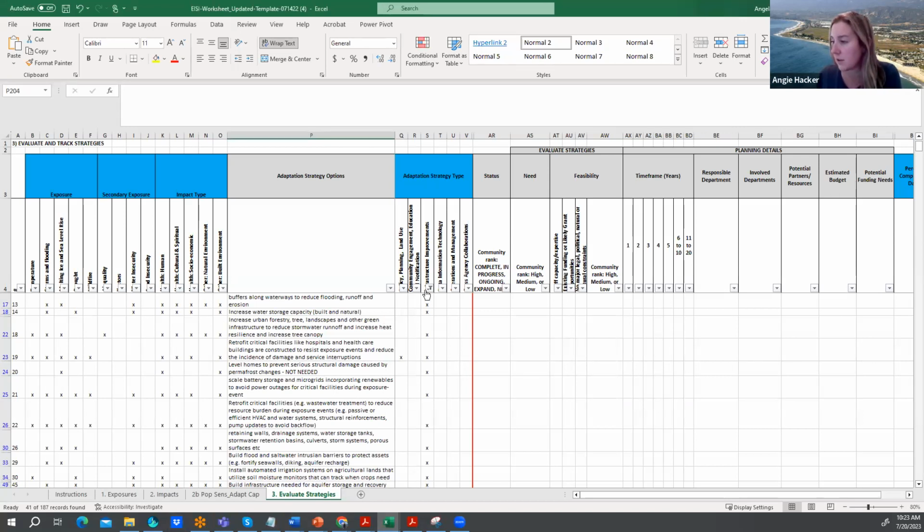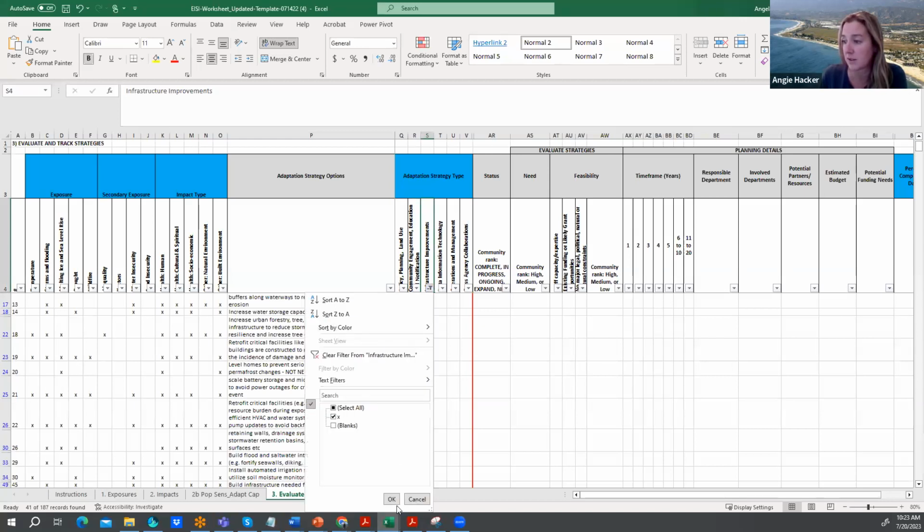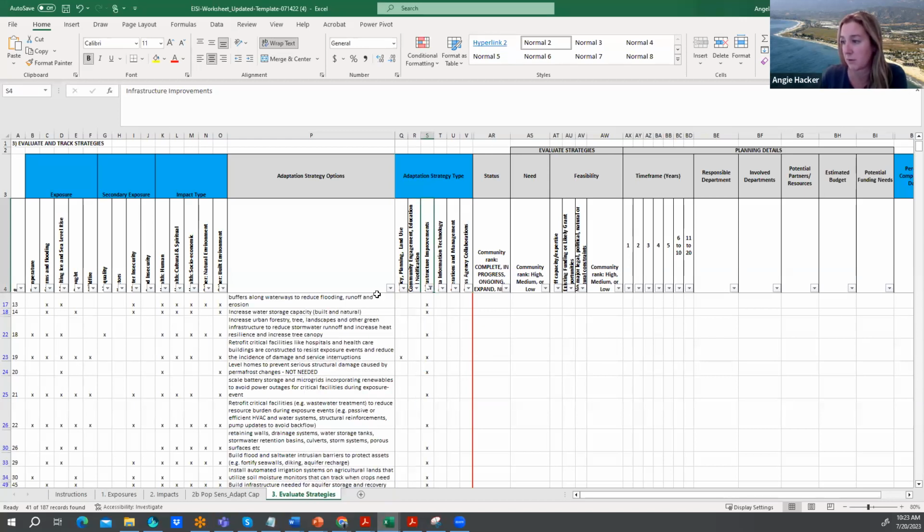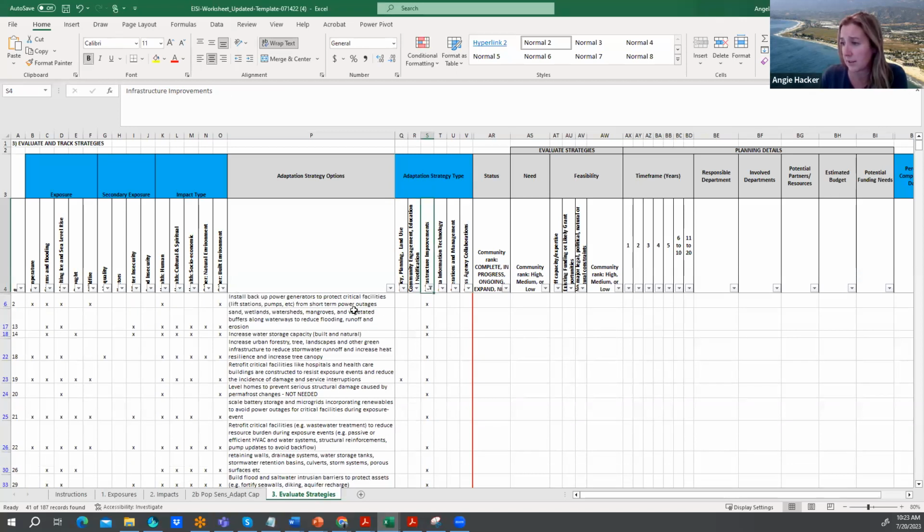Okay, and all you have to do is filter, right? So here's all the adaptation strategy types. We talked about policy planning and land use, community engagement. Here's infrastructure improvements. All I did was filter it for infrastructure improvements. And here's a whole long list of different things